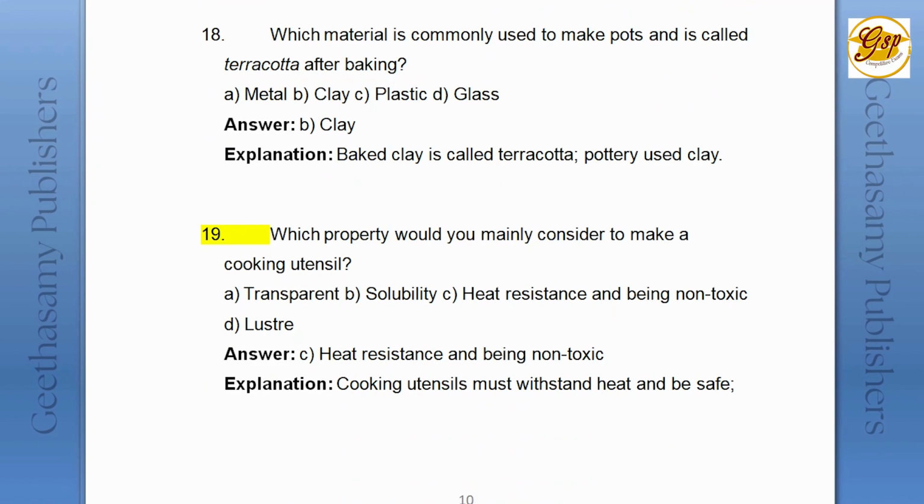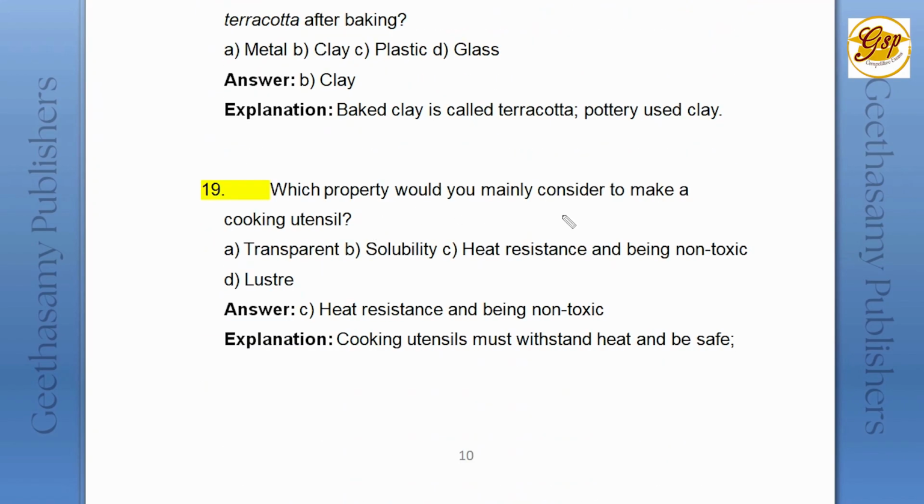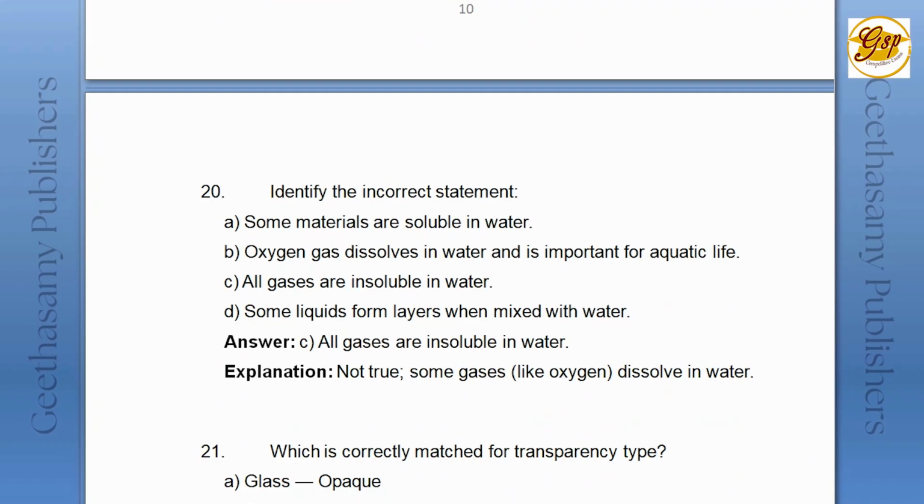Fine. And 19th question, which property would you mainly consider to make a cooking utensil? Transparent, solubility, heat resistance and being non-toxic, and luster. The correct answer is heat resistance and being non-toxic. So cooking utensils must withstand heat and be safe, right? And 20th question,